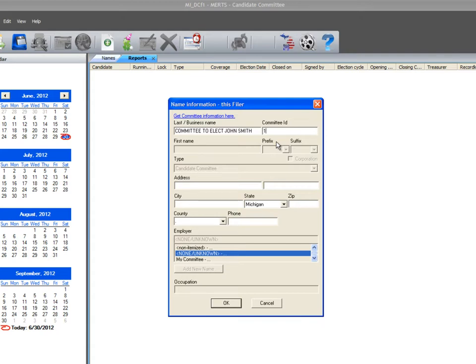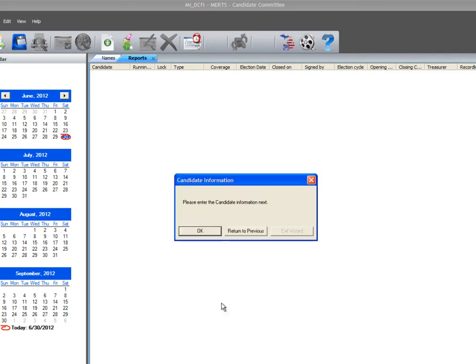Add the committee ID number provided by the Bureau of Elections office. Next, add the committee address information. Select OK to save and continue.